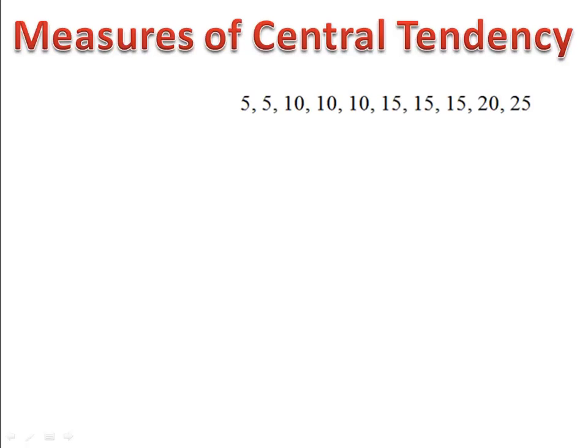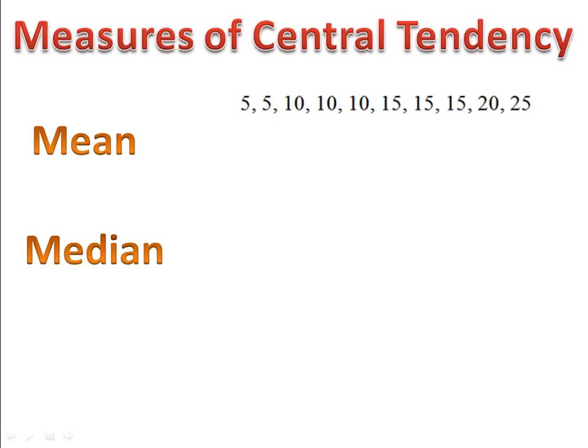Suppose we have a list of numbers. We want to find the best way to describe those values. We can use several different measures in order to do that. Here's three: the mean, the median, and the mode. You're familiar with these, you worked with these in elementary school, but let's take a couple of moments to review